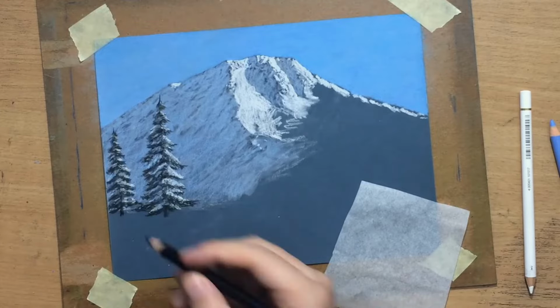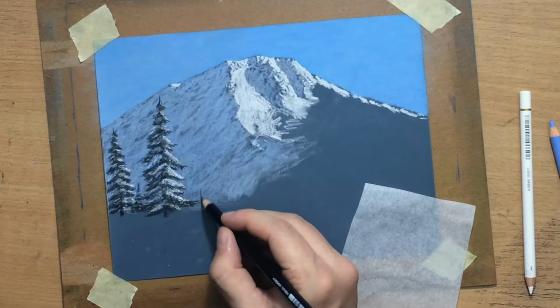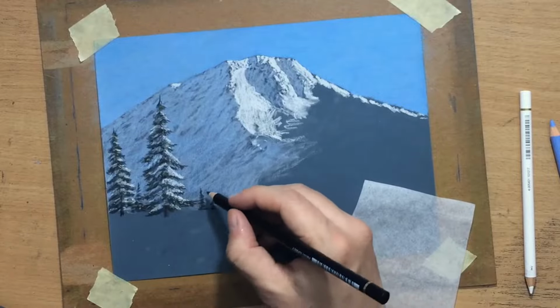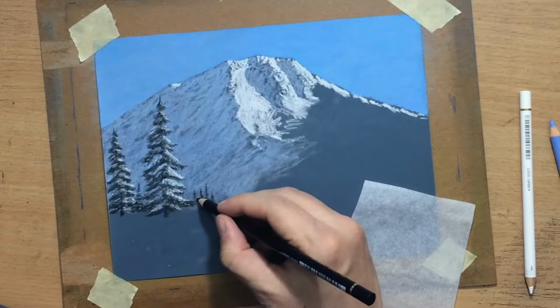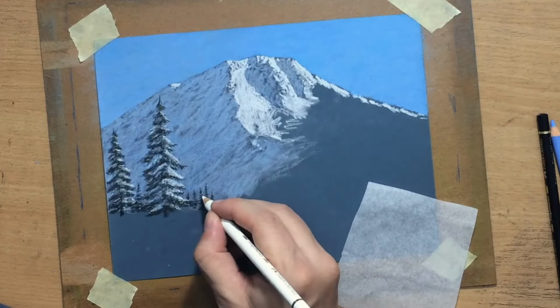Of course, the right side of the mountain is largely unfinished, but I mostly like to work from left to right because I'm right-handed, just to prevent smudging and to prevent my hand from removing any of the pigment in the areas that I've already done. And under my hand I like to put a piece of glassine paper to minimize smudging,